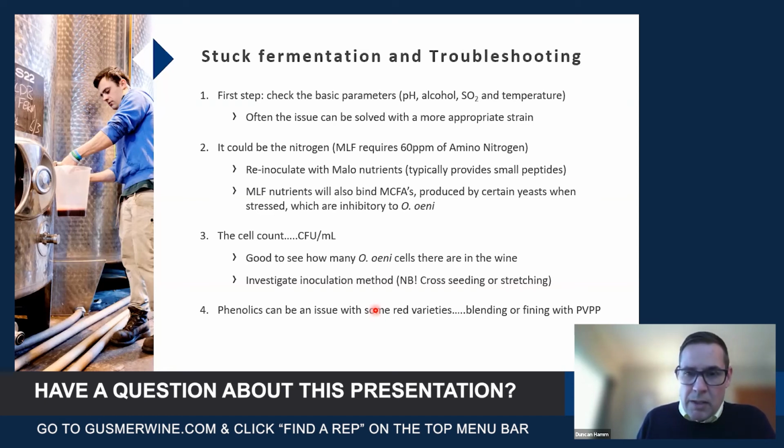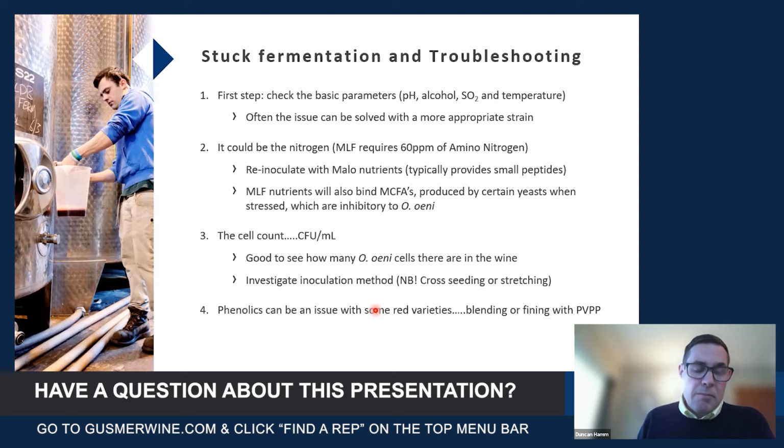One thing we do see from customers is that if there's a stuck ferment, the first step intuitively is to add bacteria. But sometimes we've actually analysed stuck tanks, and there's plenty of Oenococcus cells already there. So re-inoculating is going to do nothing. It's just that there's something in the environment stopping the population already inoculated from fermenting. So that could be low nitrogen,